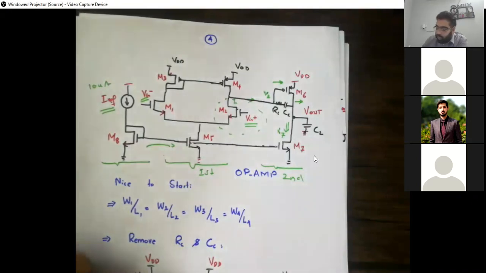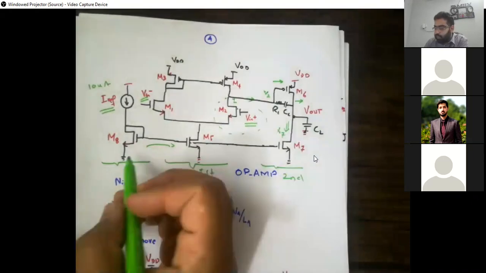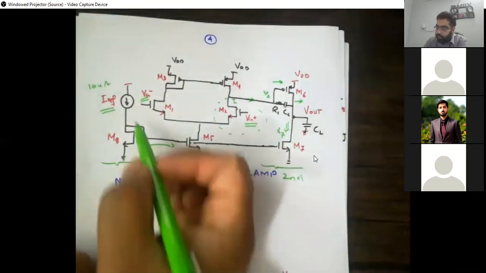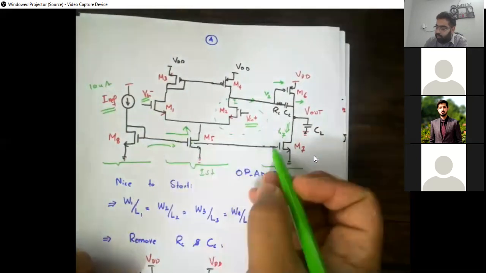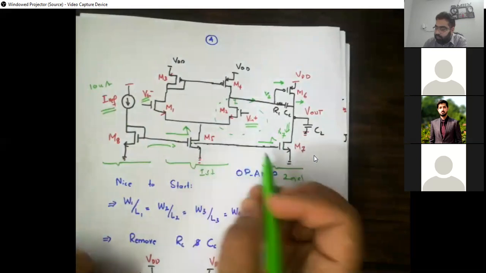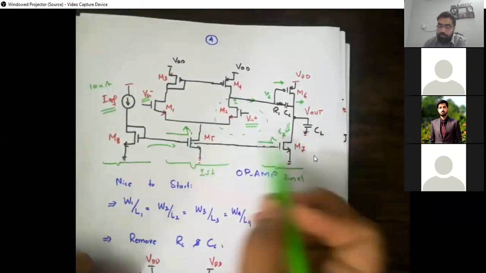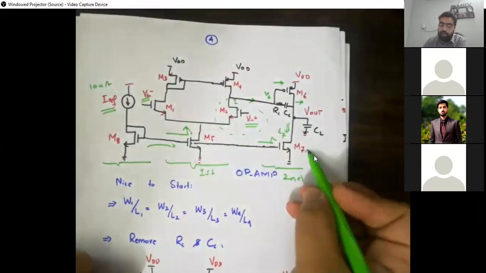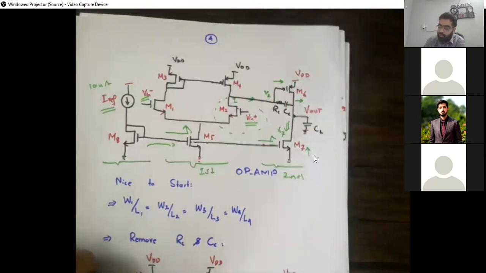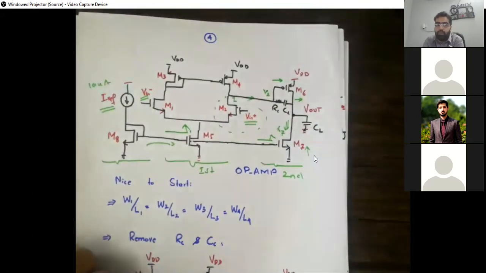So यहाँ से कोई current आएगा, and we are feeding this current to this first stage and the second stage. तो आप देख सकते हैं कि यहाँ से कोई current यहाँ जाएगा, and based on the ratio of M5 and M8, some current will go here, and ratio of M7 and M8, some current is going to feed here. And I'm talking about the ratio of widths. Lengths are assumed to be constant. Okay? So it's a 2-stage amplifier where the first one is a current mirror, and we have overall 2 stages.